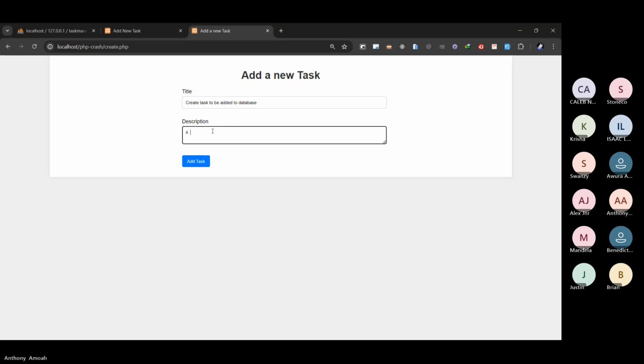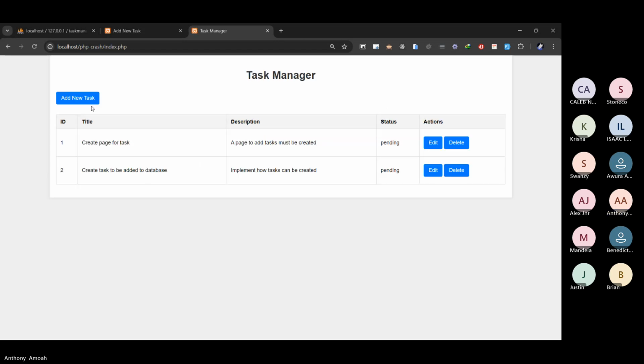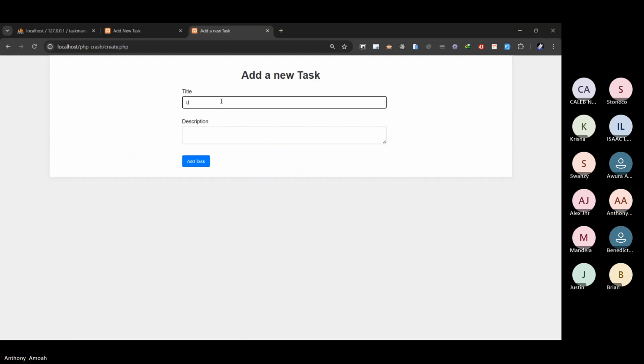Say implement how tags can be created. Okay. Right. So we have that, and then we have update tags